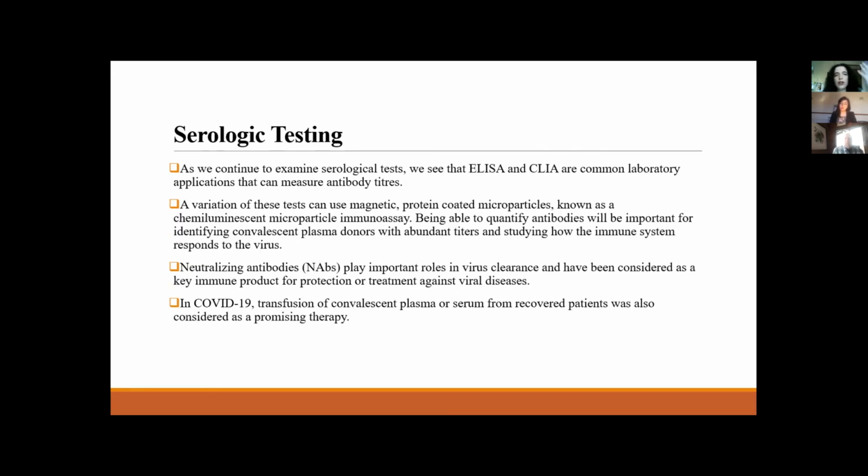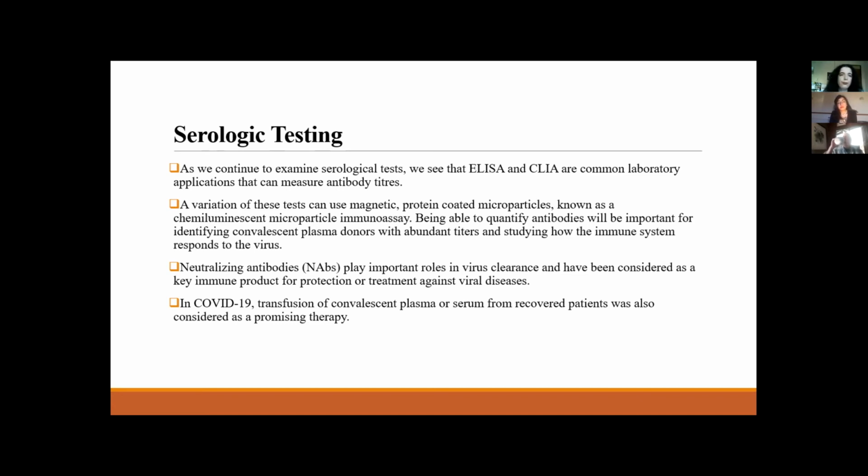As we continue to examine serological tests, we see that ELISA and CLIA are common laboratory applications that can measure antibody titers. A variation of these tests can use magnetic protein-coated microparticles, known as a microparticle immunoassay. Being able to quantify antibodies helps identify convalescent plasma donors with high titers and study how the immune system responds